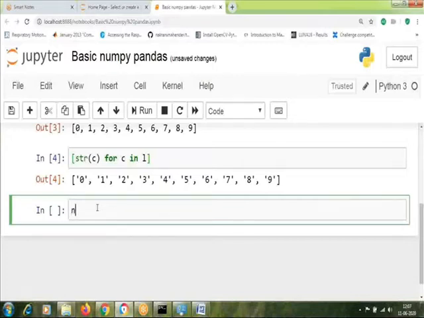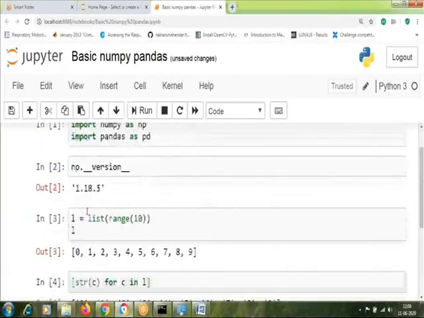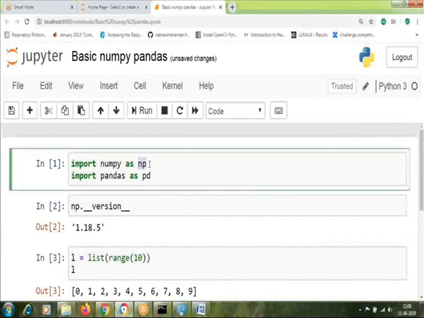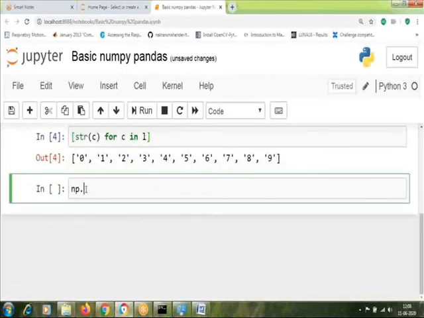Since we are using NumPy, it is important to give np, a function from the NumPy library, the thing which we have imported here as np. So we are going to use this np here, then give the function name. Here we are going to use the zeros function.